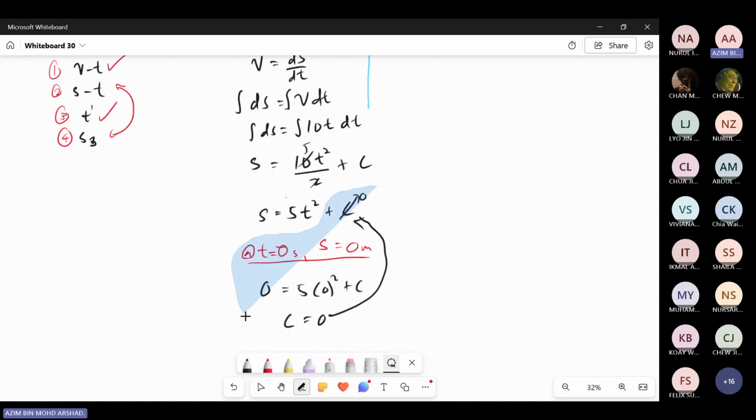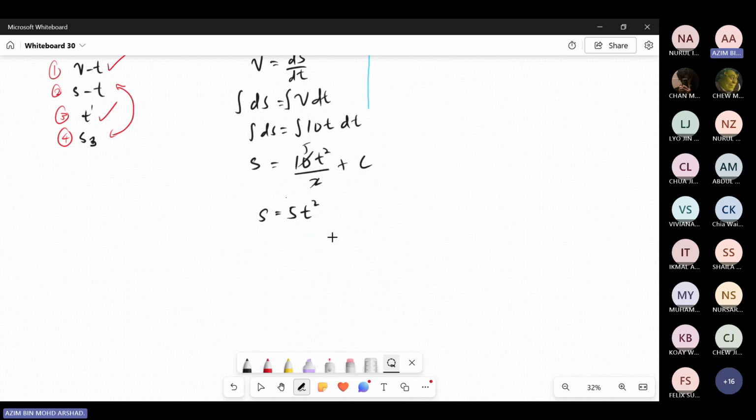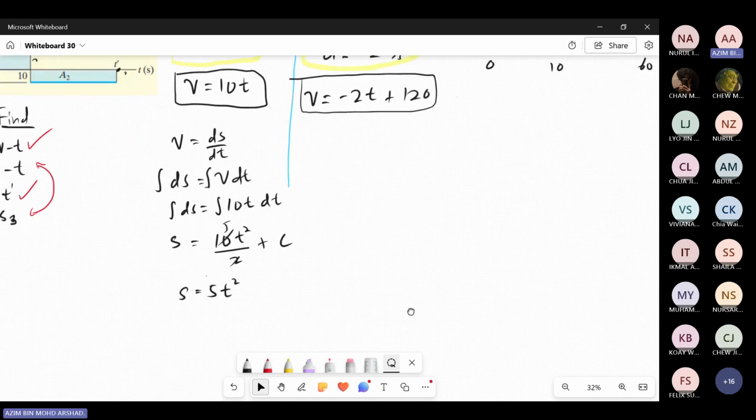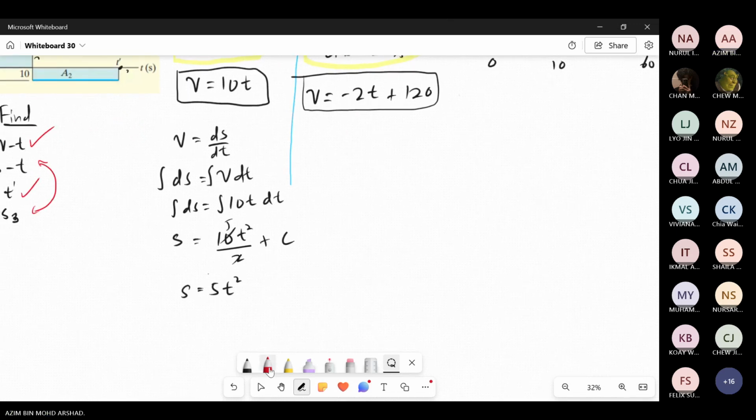S equals 5t squared, right? Then we do the same for this side. So V equals ds/dt, and we bring dt up here. So we'll have ds equals V dt. And then we have to integrate both sides. We'll get